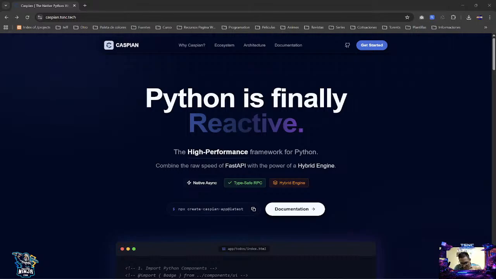Next thing what we're going to do is make a plan to reach the release candidate, because after the beta version what's going to come is the release candidate version. So I'm going to create a plan for how we're going to reach the release candidate, because when we reach it, I think Caspian frameworks will be ready to be deployed in any